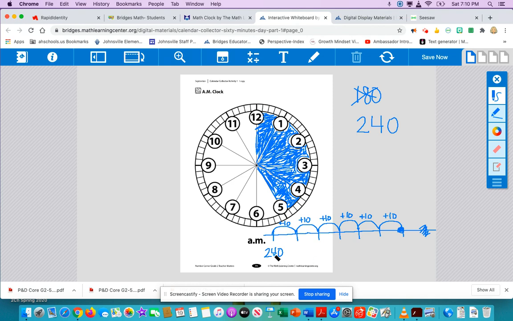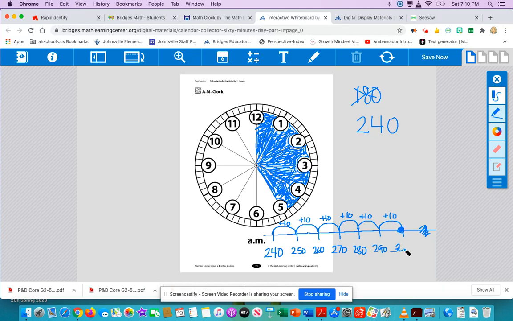All right, so 240 plus 10 is 250, plus 10 more is 260, plus 10 more, 270, plus 10 more, 280, plus 10 more, 290, and then our final 10 would get us to